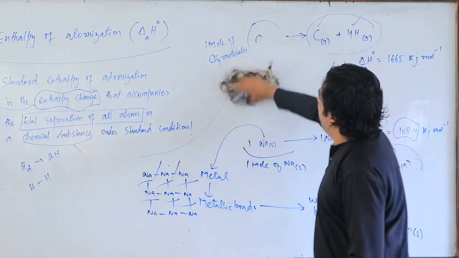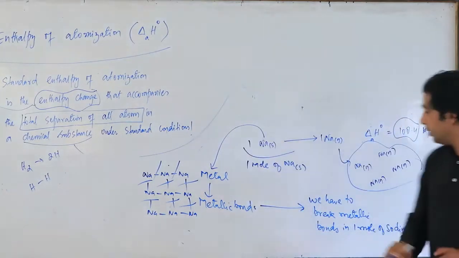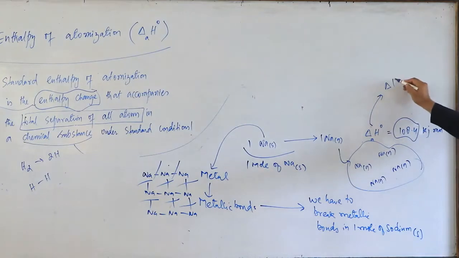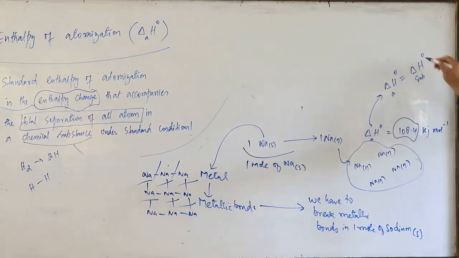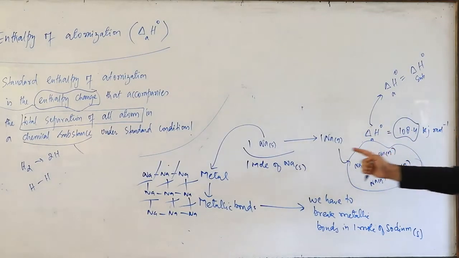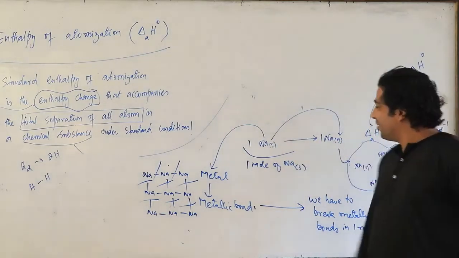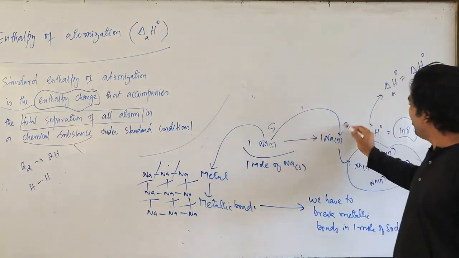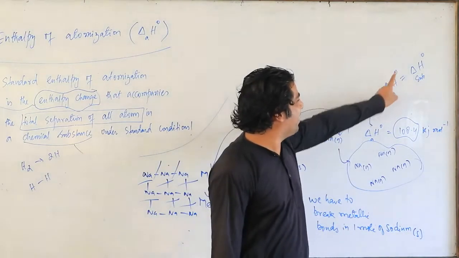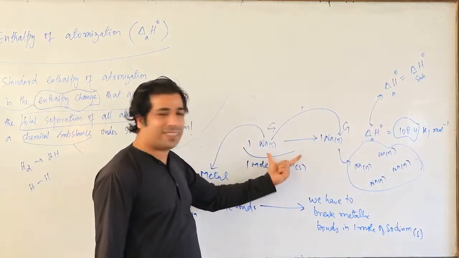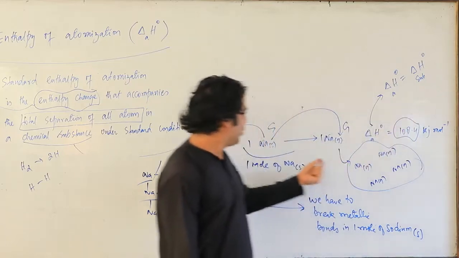This standard enthalpy of atomization can be related to sublimation also. This term delta H naught A can be related to delta H SUB naught, that is sublimation. Why? Because you are changing solid into gas. When you change solid into gas, that is obviously sublimation. So the standard enthalpy of atomization for this reaction is equal to the standard enthalpy of sublimation, because you are converting